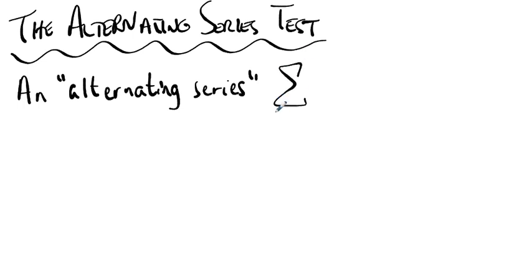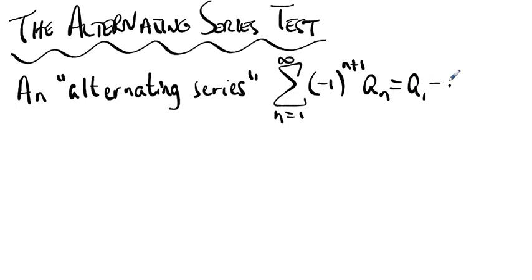And you can always tell that a series is going to alternate because it's got -1 to some power, usually the n plus 1th power, so that when n is 1, this is 2, and the whole thing turns out to be 1. It lets us start out with something positive. -1 to a power times a sub n. So what does that mean? That's a1 minus a2 plus a3 minus a4, and so on. An alternating series of this form